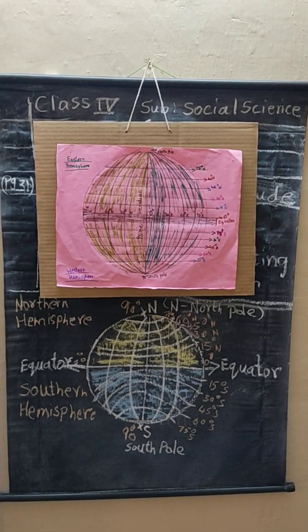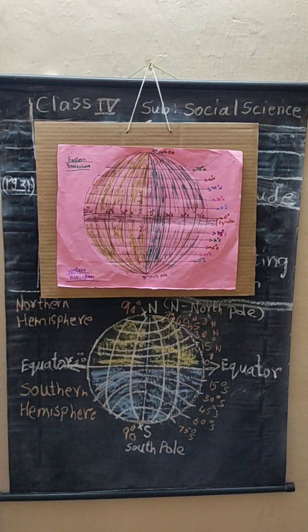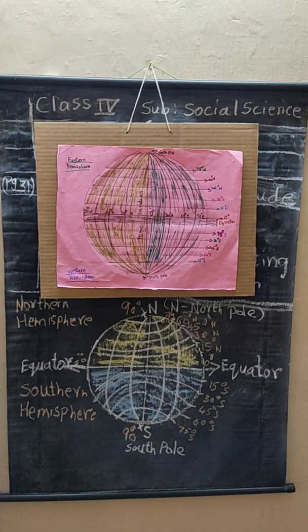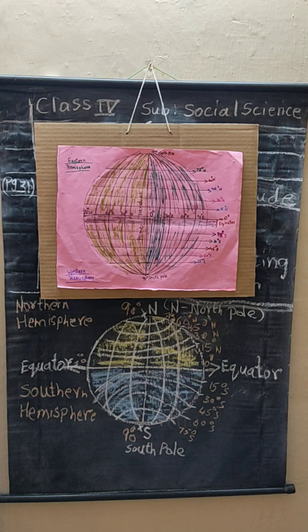Okay, children. Now it would create a lot of confusion to have two dates in one country. Yes, in one country, if there are two dates, it is very confusing. To avoid this, the international date line has been drawn in such a way that it does not cross any country. Okay, now I'll read the